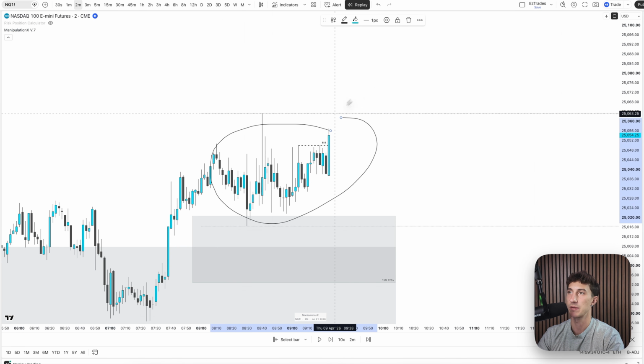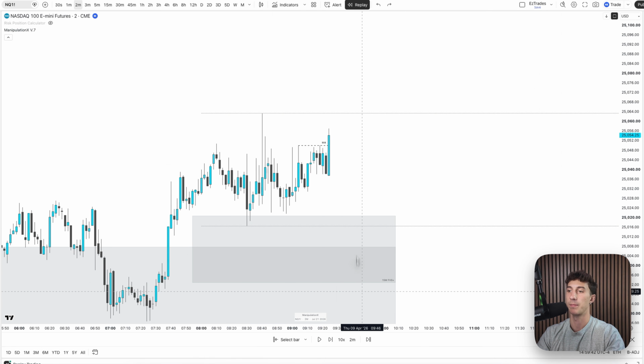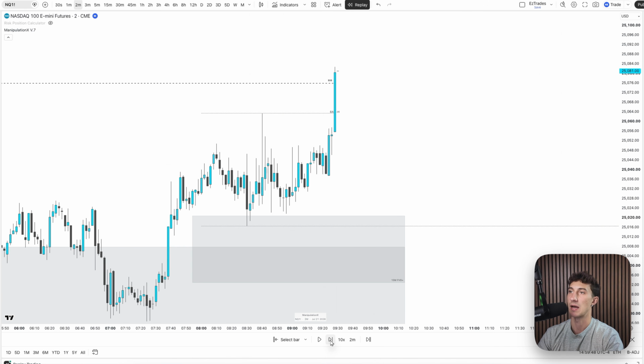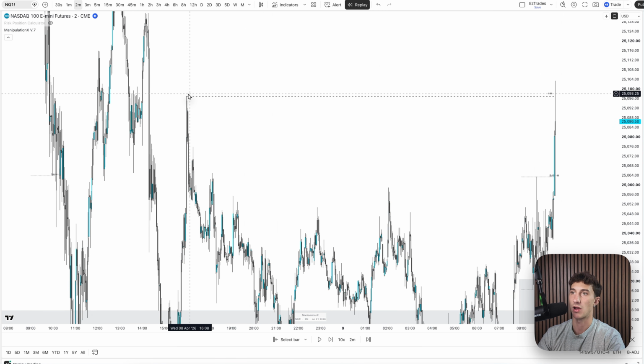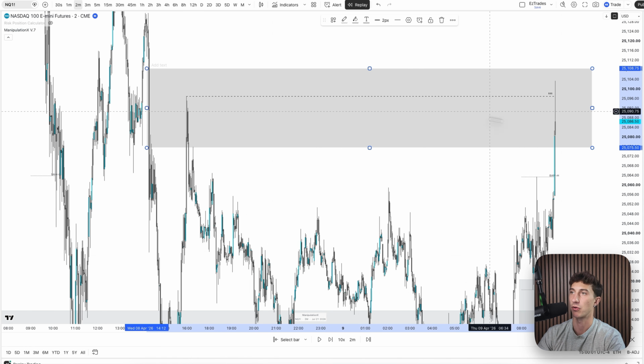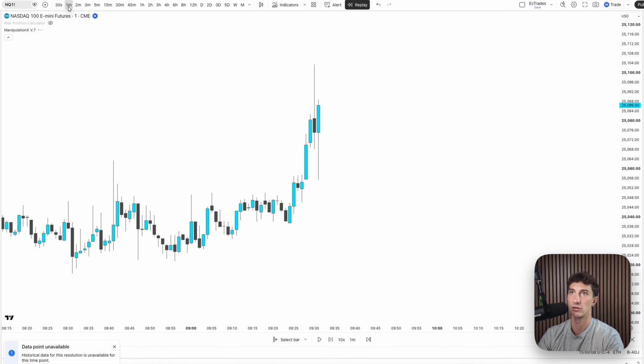We see we have pre-market accumulation. We have the 8 a.m. highs and the 8 a.m. lows. We also have all of this liquidity right here that we are building up, and we have an untapped fair value gap lower. So we're going to let price play out. You can see that market opens high, ends up taking out that 8 a.m. high, sweeping our external high all the way over here, also inside of a bearish fair value gap for our higher time frame delivery. Now at this point, I'm dropping down to a lower time frame to look for my